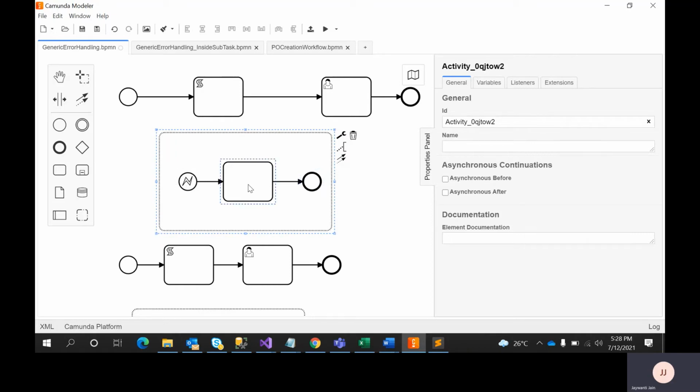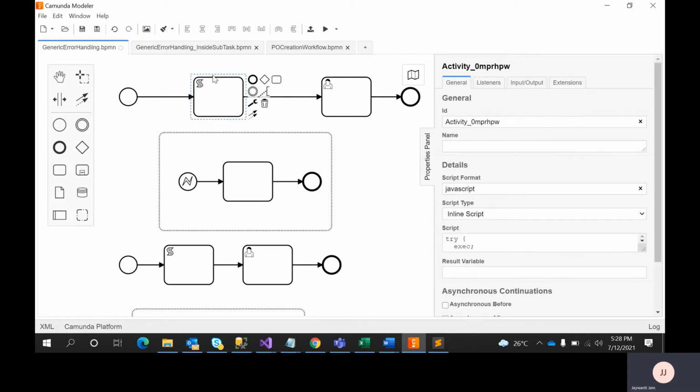You can even raise an incident manually, you can do whatever you want. So this is like the generic error. In the same way, assume that this is one of your API calls, and the API call is returning status code 200. Then it's a positive scenario. Assume that the status code is returning a different series, like 400 series or 500 series. Generally 400 series is like a bad request, where some payload you are passing to that API mismatches what the API expects. So generally the status code comes as 400 series.